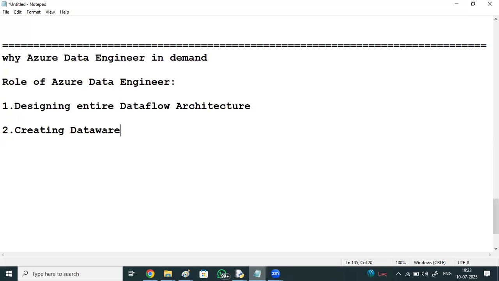Creating a data warehouse for storage of analytical data. Whenever you create this data warehouse, it becomes very fast and easy to query the data for analysis.